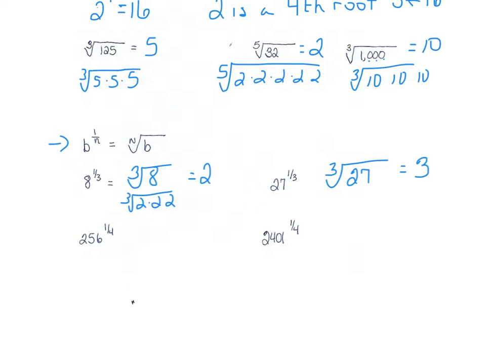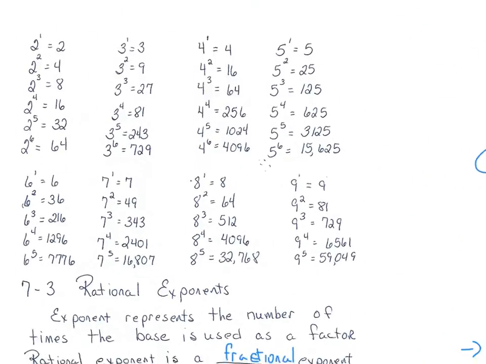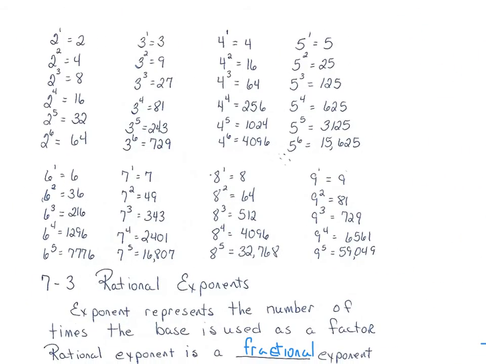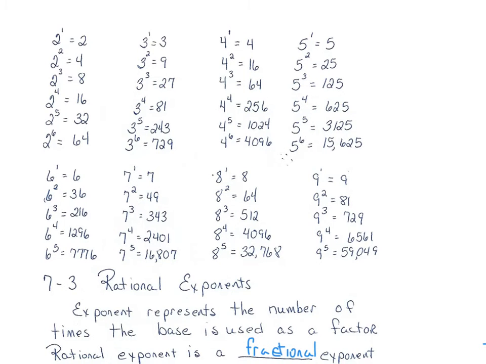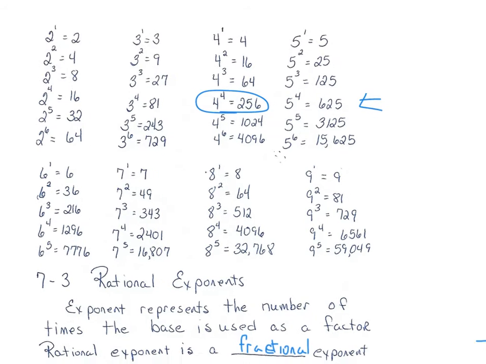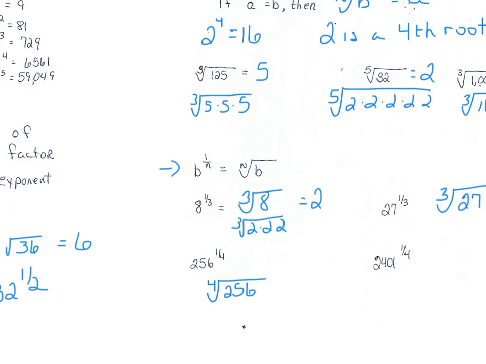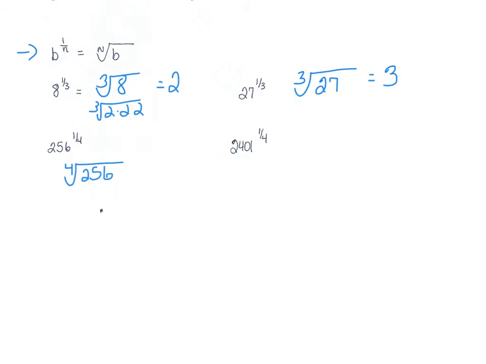256 to the 1/4 means I want to take the 4th root of 256. Now, if we look at that sheet that I gave us a minute ago, I'll pull it back up. Notice if I just go across to the 4th roots, I'm looking at this line. We said the 4th root of 256, well, here's the one we're looking for. So I'm going to go back over. The 4th root of 256 is